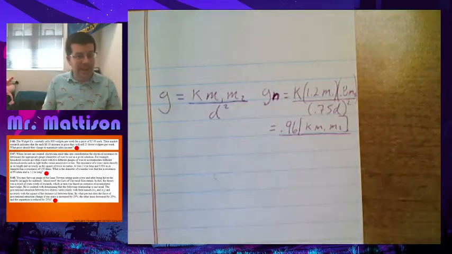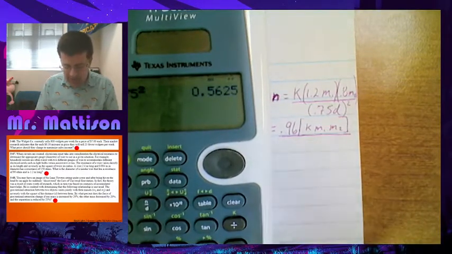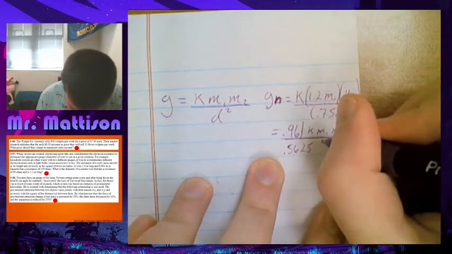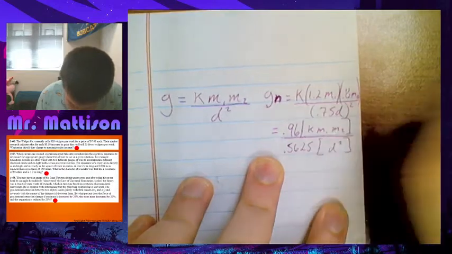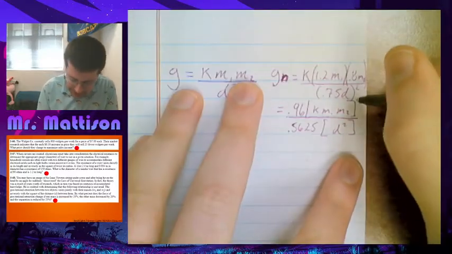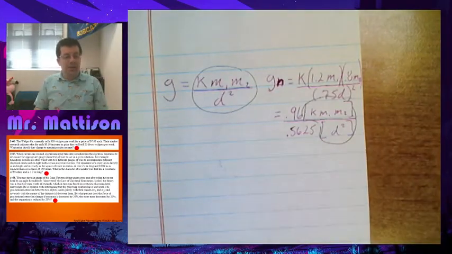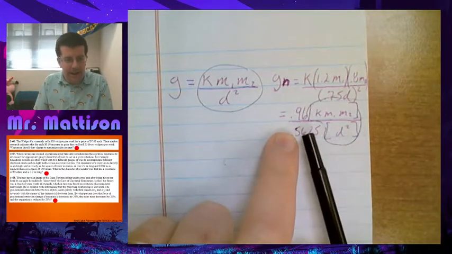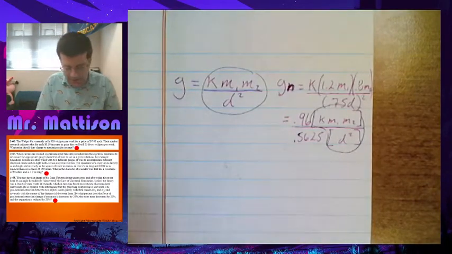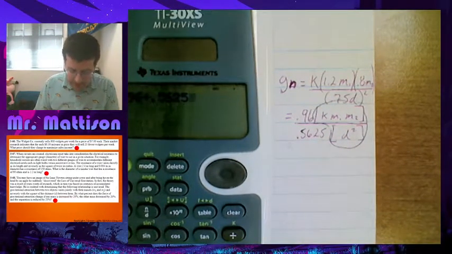I can square the 0.75 and the D separately. So 0.75 squared is 0.5625 times D squared, right? So now this over here is the exact same as this. So the amount that I've changed is this. This is the factor that I'm increasing or decreasing by, whatever it ends up being. So to figure that out, I'm just going to do 0.96 divided by 0.5625, and I get